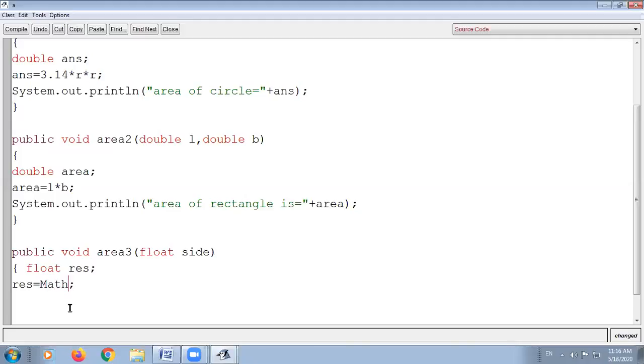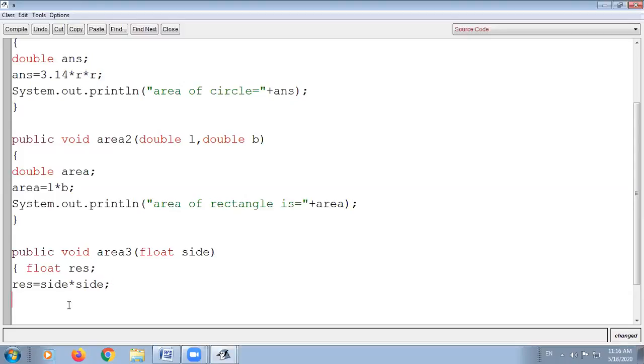You can write Math.pow of side comma 2. It means side to the power 2. So that is the way of writing the math part. For making this program simple, I am going to write side into side, that is side square.